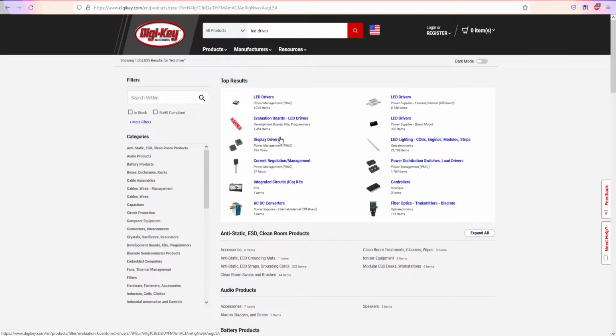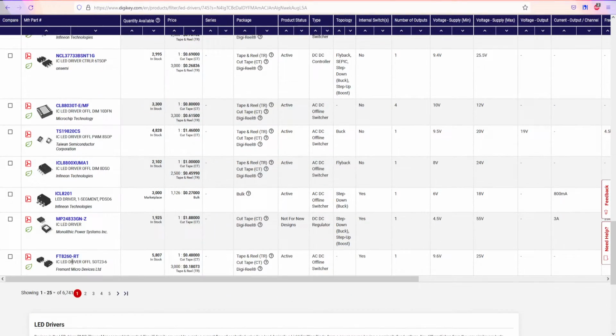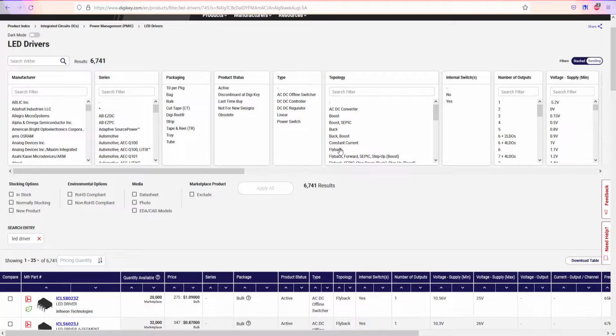So we have display drivers, which are for displays, and LED drivers. We're not driving any display right now. I think it's like communicating via SPI or VGA, or I don't know, DisplayPort. I have no clue what I'm saying right now, but I'm gonna go for LED drivers. And having LED drivers, it's automatically saying that we're gonna have a bunch of these components, right? I do know a couple of these, and the first ones I don't. Maybe it's the smaller ones, even some pictures have footprints and everything. But all I need to do is to find